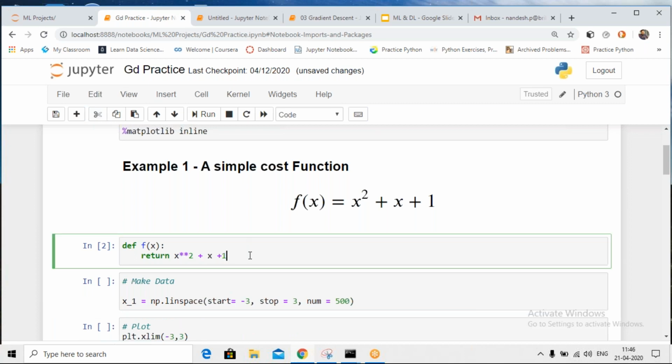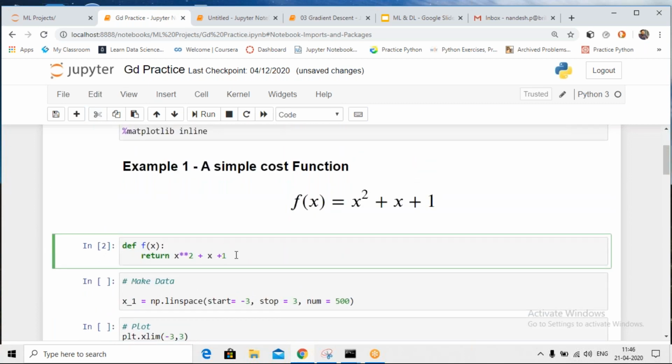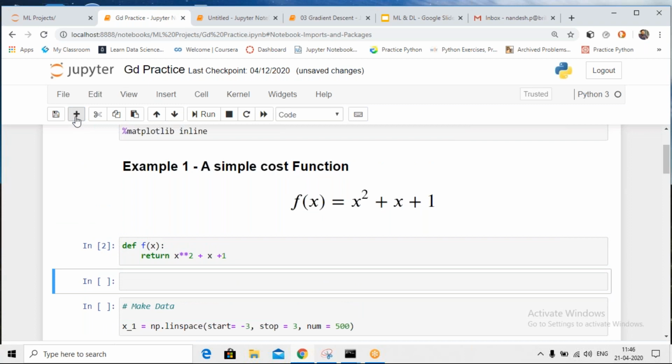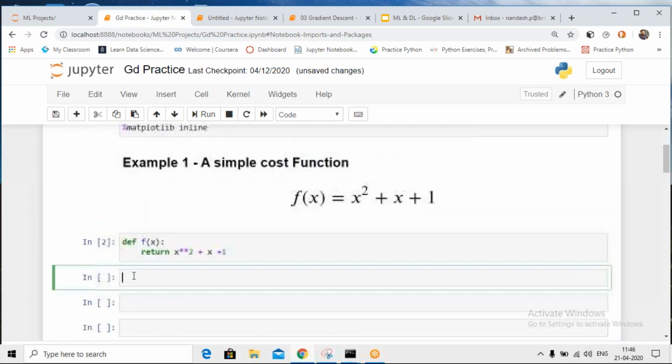Now what I want to do, I want to make my data. I want to have data points, right? So I will create my data by using the NumPy library. So how do I do this? Highlighting the function is called